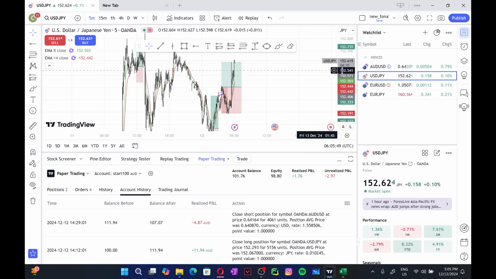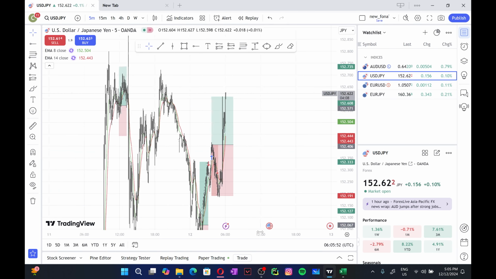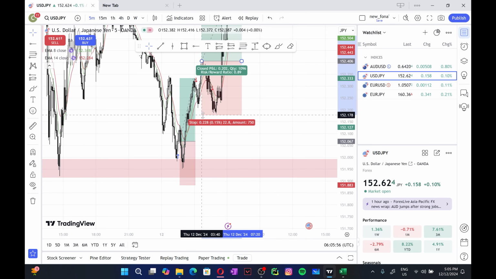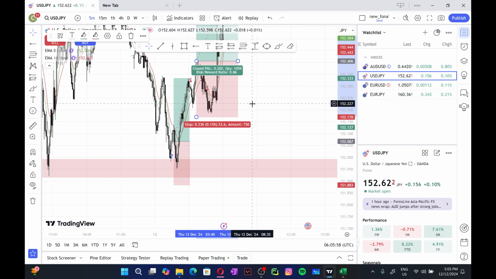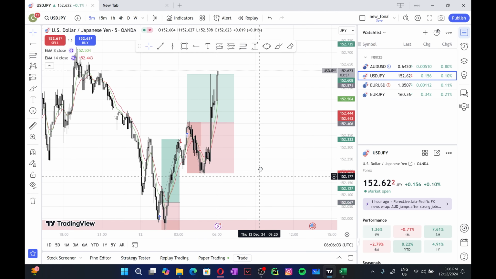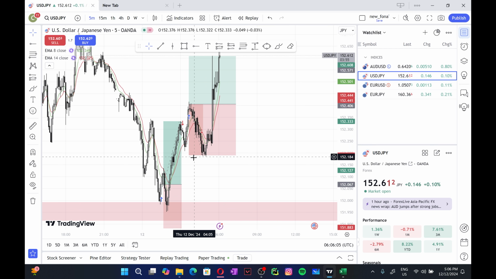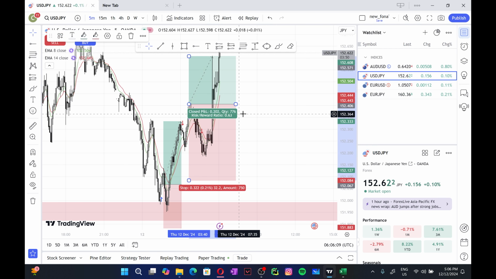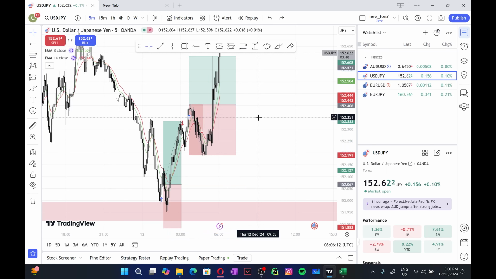But the other trade, what happened was what we expected did happen. However, our stop loss placement wasn't good enough. So we should have placed the stop loss about there, and then we would have profited. But unfortunately, our stop loss has been hit and the price went up. So what I should have done is I should have gotten the stop loss all the way down till here, but that would have a risk to reward ratio of 0.63, which is insanely bad. So I'd rather get a loss than have that, because we don't know if I actually hit a loss. In that case, it would be a huge loss.